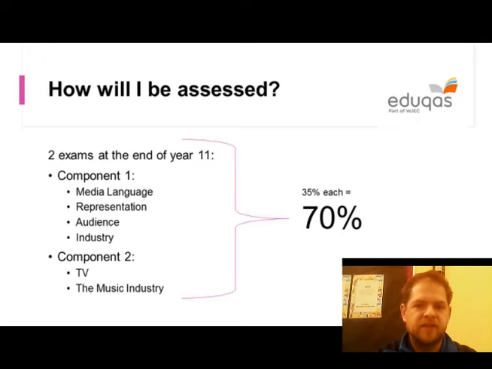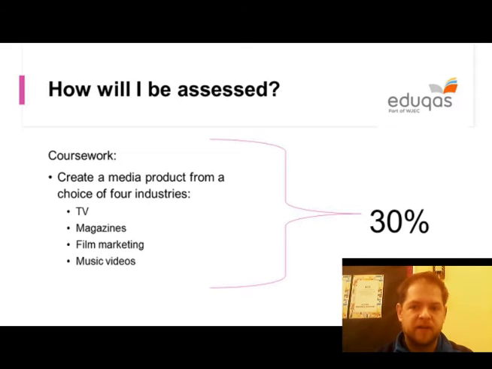The other 30% is coursework, and coursework involves making a media product, and there's a choice of 4 different industries you can look at. So there's television, magazines, film marketing, and music videos, and the coursework will basically include making